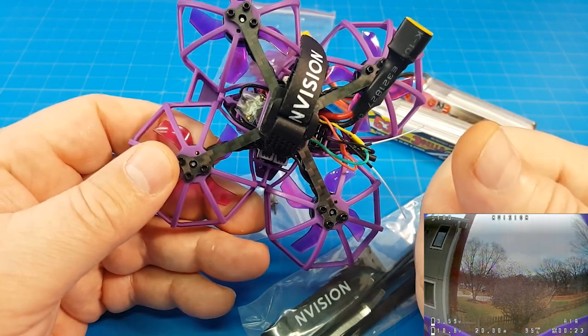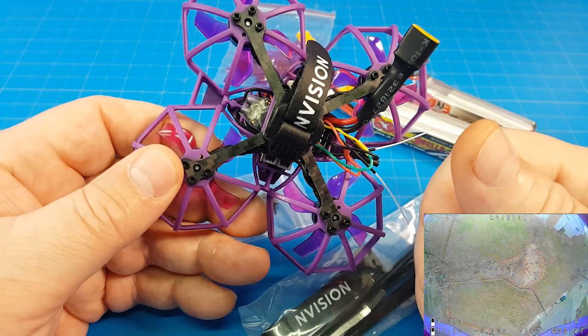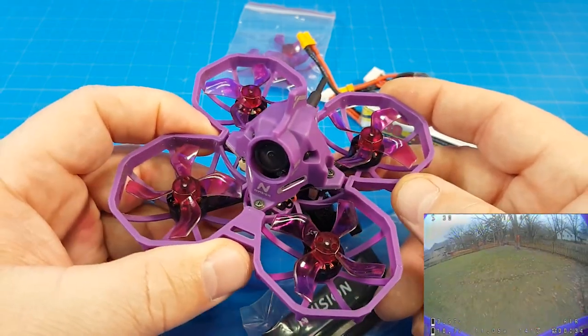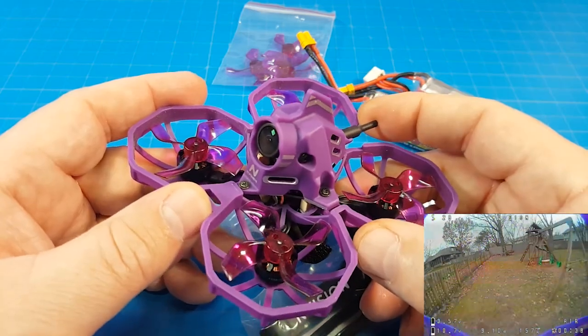On the website, it notes a flight time of 5 to 7 minutes with a 300 milliamp 3S. That just can't be accurate unless that is a hover with some sort of updraft or something. I don't know how they can get that flight time, because in forward flight, every flight that I took, about